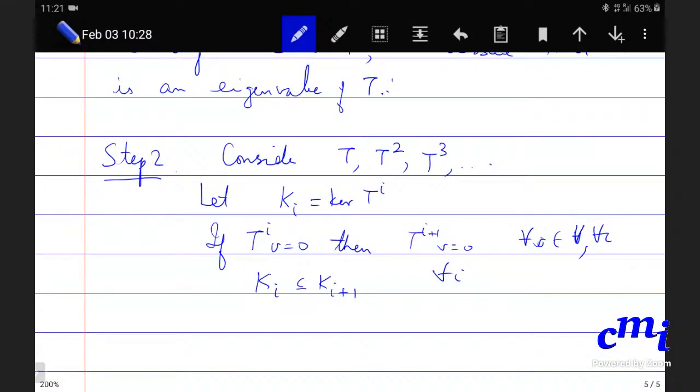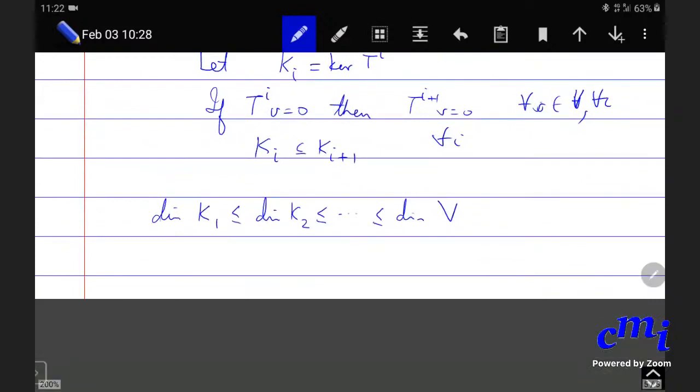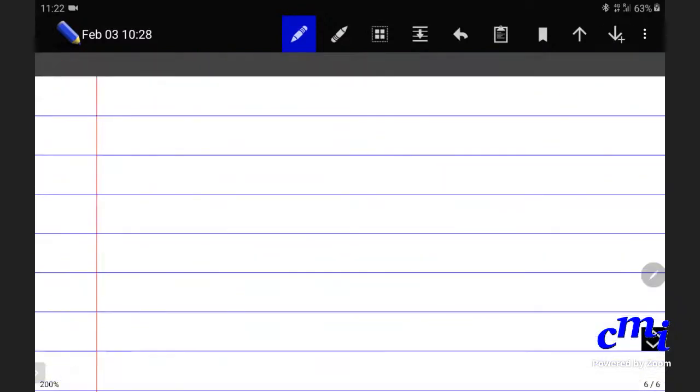So the dimension, it could be equal. I'm just saying there's a containment. It doesn't decrease. So the dimensions will also increase. They're all bounded by the dimension of V. K1 is the kernel of T. K2 is a kernel. And all of this is less than the dimension of V. So because it is bounded, therefore there must exist